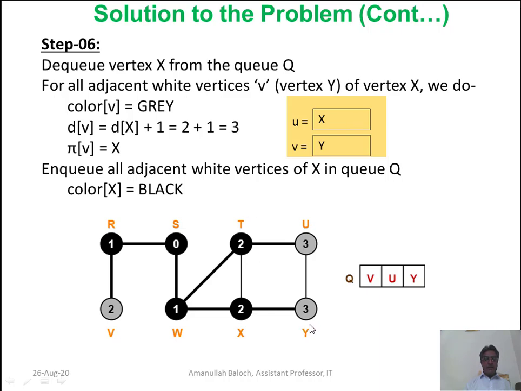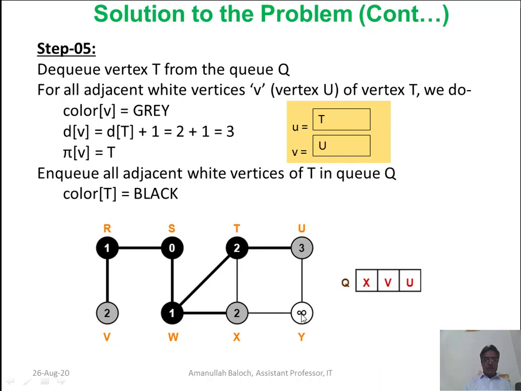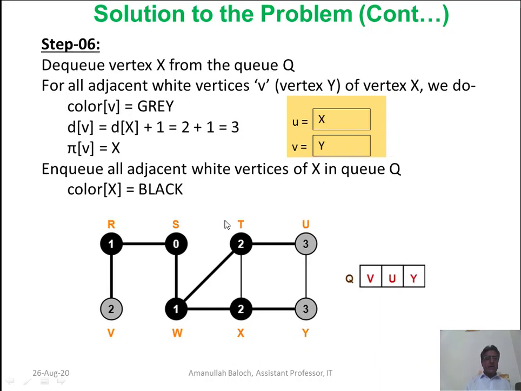So this is Y we are doing. What is V? V contains Y. Color of Y has become gray, because in the previous step it was white. Now it has become gray, and the distance of Y is equal to distance of X plus 1. What is the distance of X? Distance of X is 2. 2 plus 1 is equal to 3. So its distance becomes 3.